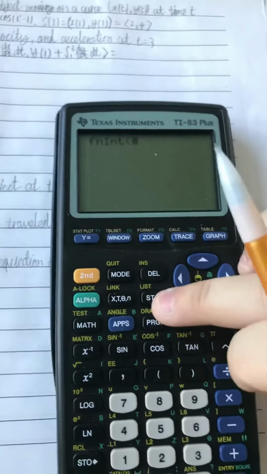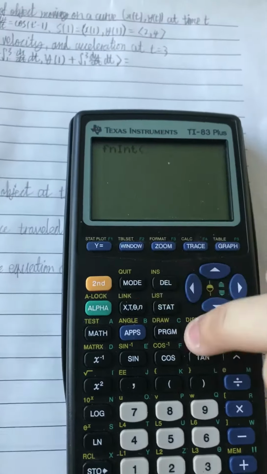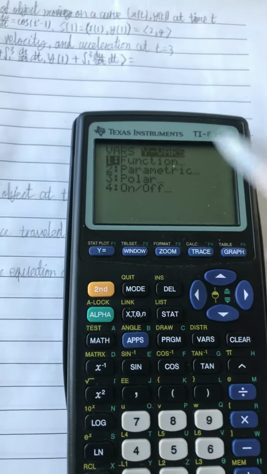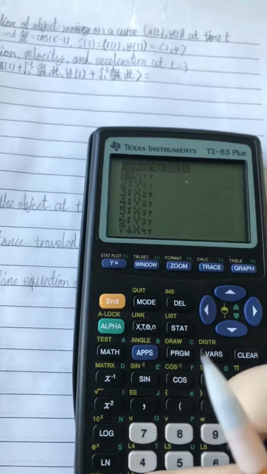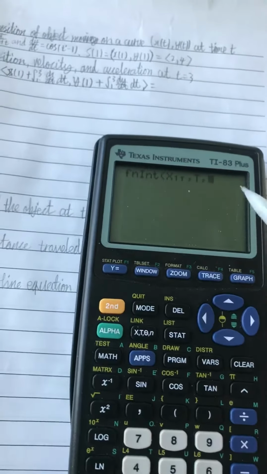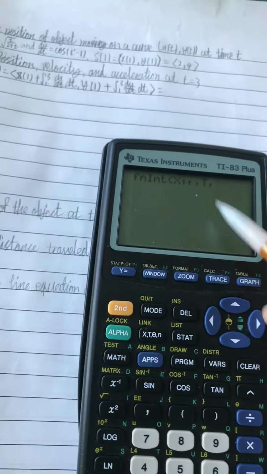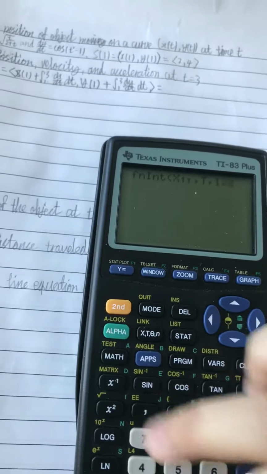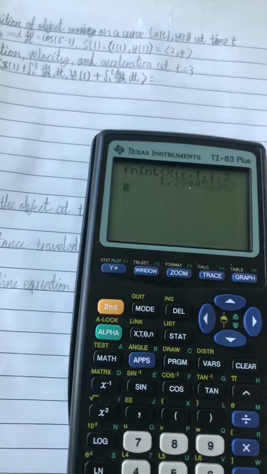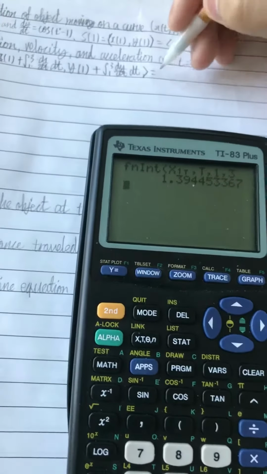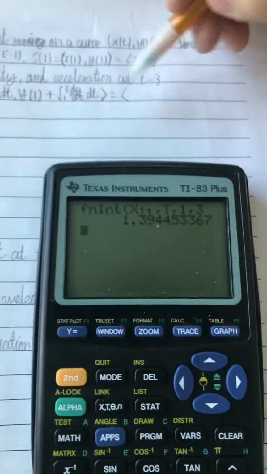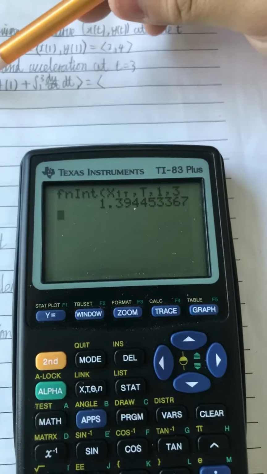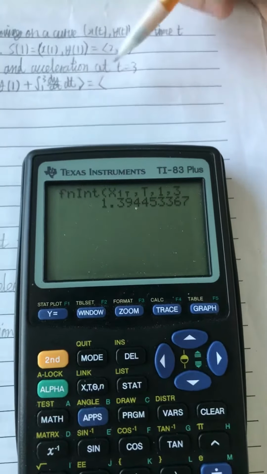So basically we go to VARS, Y-VARS, curve number 2, because we're on parametric. We want to do x with respect to t, from 1 to 3. And this tells us the area under the curve from 1 to 3 on dx/dt